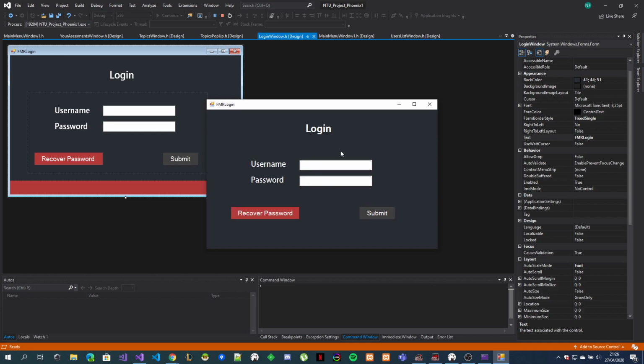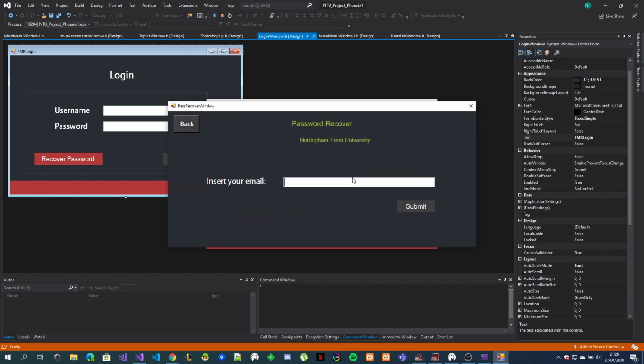Okay, so now a normal user account will be NunoF. Firstly, I'm going to show you how to recover a password. Nuno123 is the password for this account, but let's imagine that I had forgotten my password. If I go to recover password and put in my email from this account,